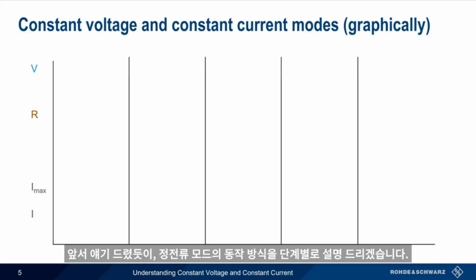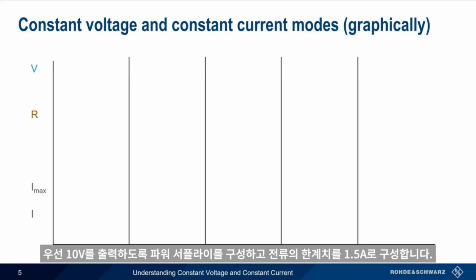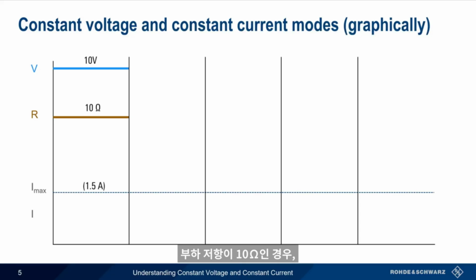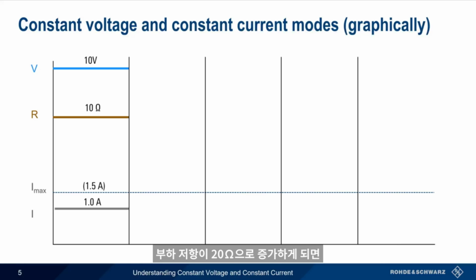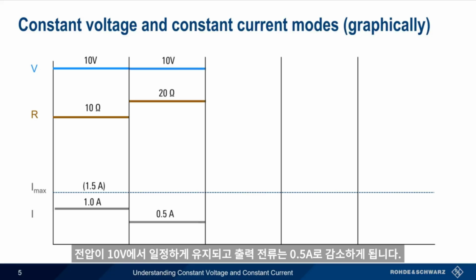Let's walk through this graphically. We start by configuring our power supply to output 10 volts and configure a current limit of 1.5 amps. If our load resistance is 10 ohms, Ohm's law tells us that the supply output is 1 amp, which is below the current limit. If resistance is increased to 20 ohms, voltage remains constant at 10 volts, and the current